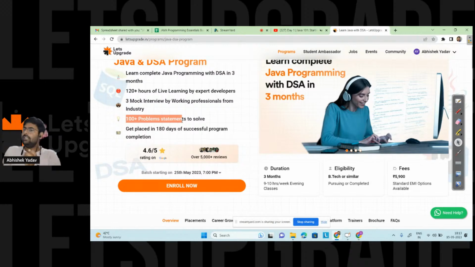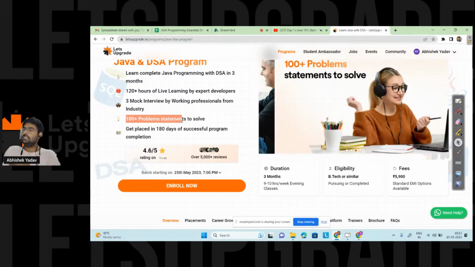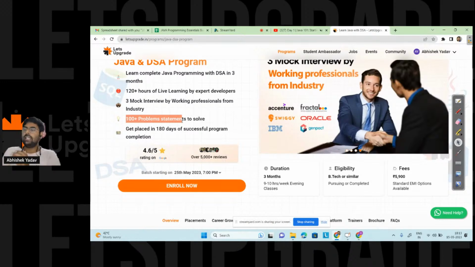So there is a pattern related to arrays, related to DP, related to graphs, related to trees, linked lists. So you have different data structures, and each data structure has some patterns, right? And most of the questions are repeated. So if you are able to analyze the pattern, then you are good to go. You are good to sit in any interview. You are good to clear any interview,